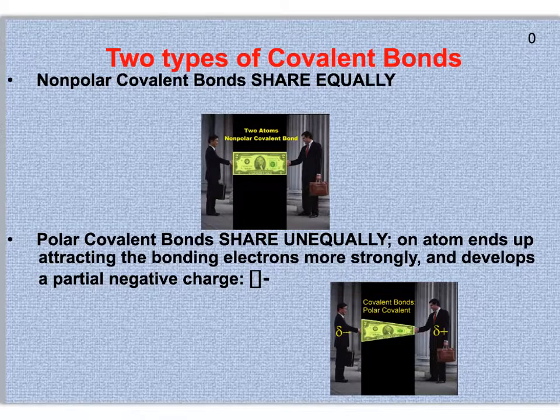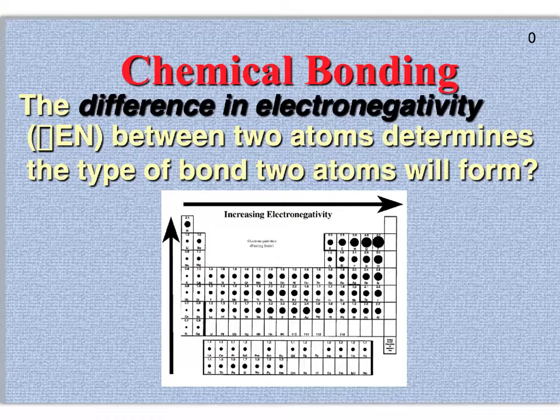And this is just kind of a cool picture demonstrating nonpolar covalent equal sharing versus polar covalent. What determines the type of bond formed is the difference in electronegativity between the two atoms that are bonding. Now be careful here. If you're asked, it's not simply electronegativity that determines the type of bond, it is the